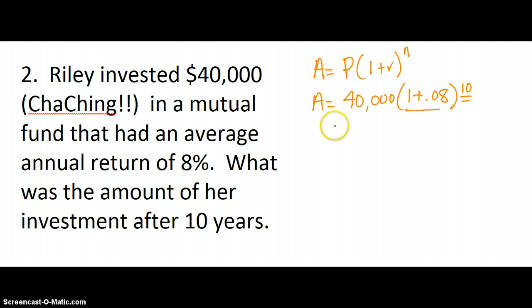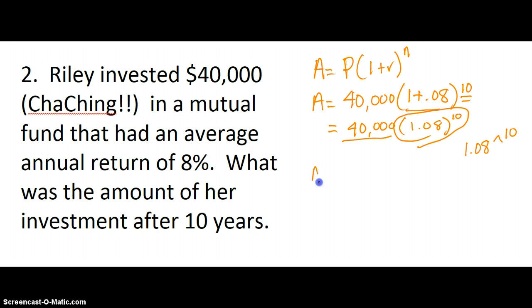We can work within the parentheses. So we have $40,000 times 1.08 to the 10th power. Make sure to follow your order of operations. Exponents come before multiplication. So you're going to put in 1.08 and your little caret to the 10th power. Then you get this crazy decimal, 2.158924997. Don't even write that down. That's a lot. Just multiply it now times 40,000. And you get